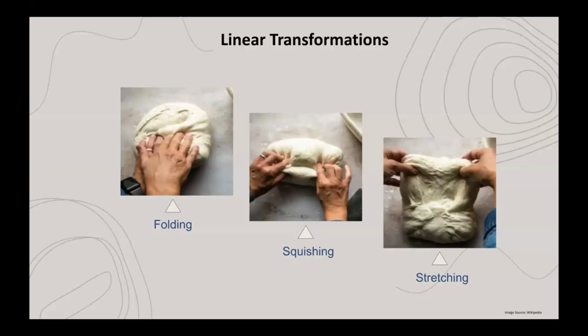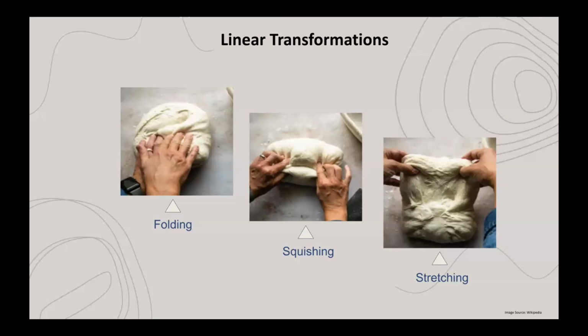So for understanding linear transformations, let us make a sourdough bread. By that I mean, think of the process of kneading the dough. You might be aware that we perform a lot of actions on it, like squishing the dough, stretching the dough, and folding, as it helps develop the gluten network, which gives the bread its structure and its elasticity. And all these actions make sure that the yeast and the ingredients get distributed equally, ensuring a uniform texture and flavor throughout the bread. Each of these actions is a transformation.